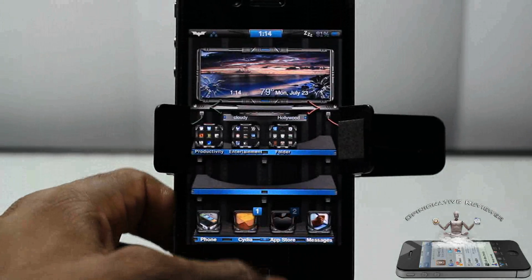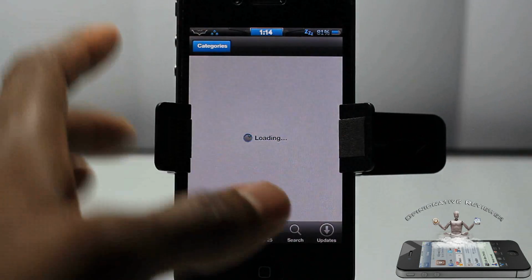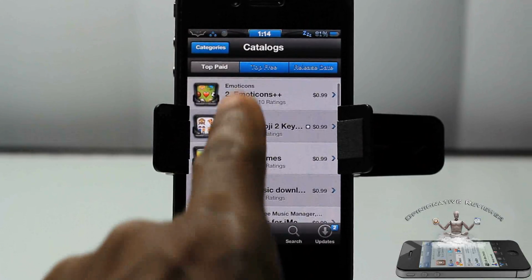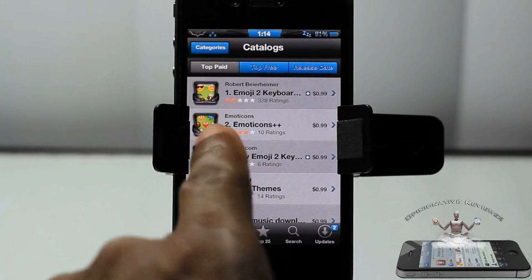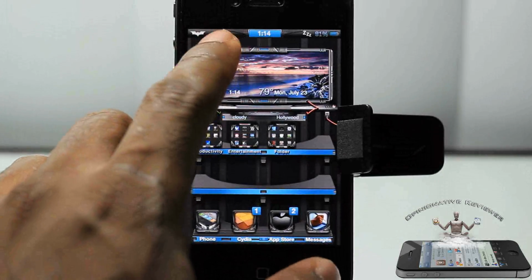Come out of that, and then we're going to go into the App Store. You guys can see the icon mask inside App Store, up and down like normal. So you guys can see all of the icons that are inside App Store. They have that icon mask right there around them. If you look up to the top, you're going to see that my Wi-Fi bars are